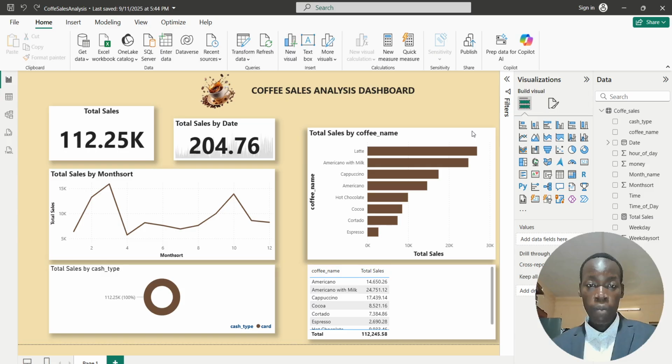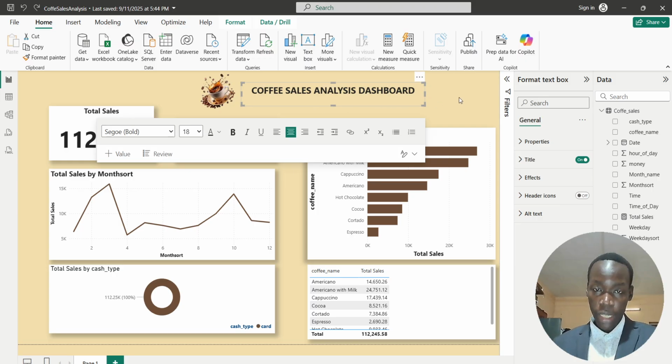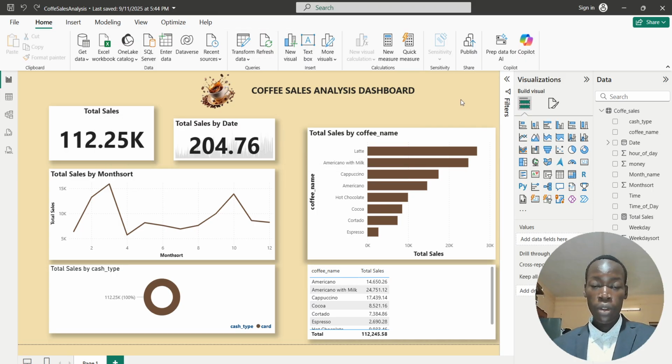So right away, this is the Power BI project, the interactive dashboard of the project itself. As you can see, this is the heading. It is a coffee sales analysis dashboard of the dataset that we had. First of all, at the top left of this area, I used this card to bring the summary of total sales